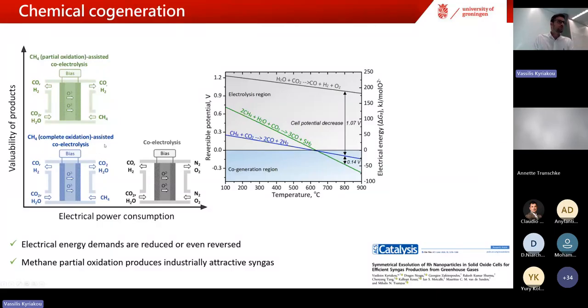So what we said some years before was, okay, what about actually making syngas from the partial oxidation of methane at the anode? This is also a spontaneous reaction at high temperature. So if you do the calculations, this will give you this green line that you see here. And the nice thing, in terms of electricity, is that it can be even more spontaneous at high temperature compared to the complete combustion. This creates a very beautiful system in which you have practically a system that can produce syngas at both sides, cathode and anode of your solid oxide cell, like a catalytic reactor, and in theory doesn't even need electricity.